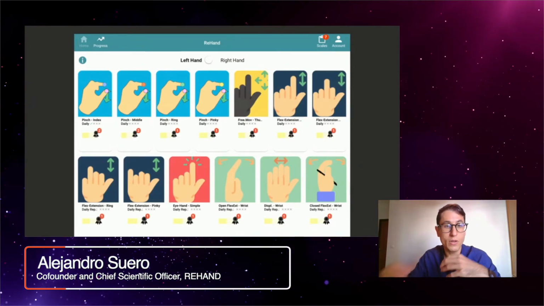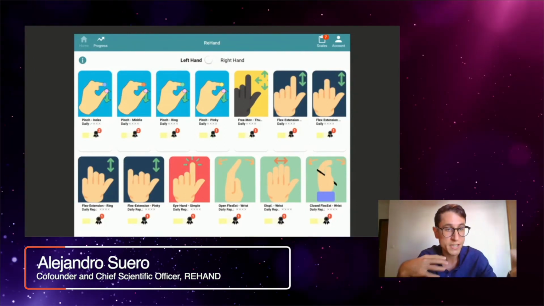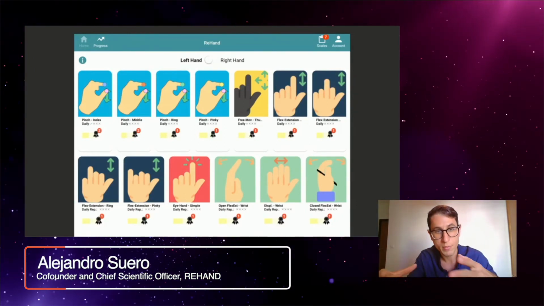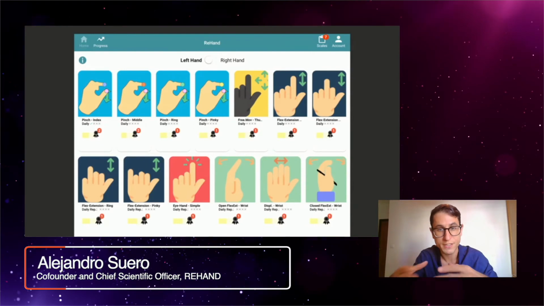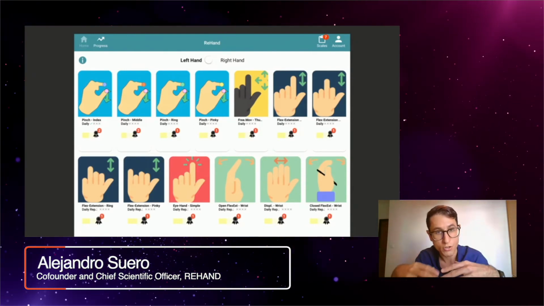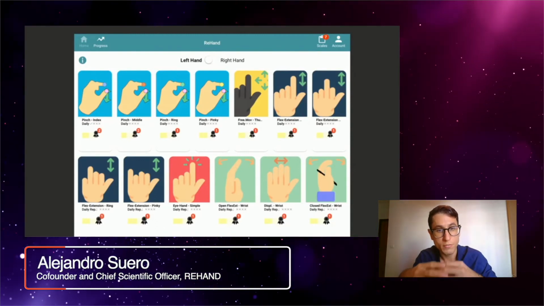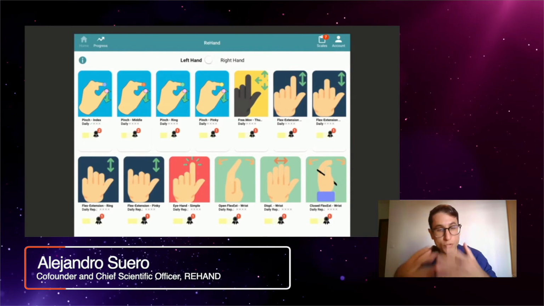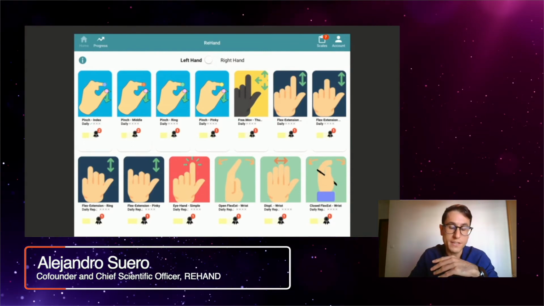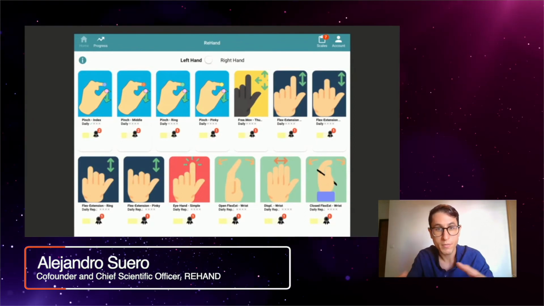So, well, this is what we have developed. This is a tool for us as clinicians. During the last 10 years, the way that we do surgery and rehabilitate these kinds of pathologies has changed a lot, and we have put the latest scientific evidence in our technology. So ReHand is an evidence-based tool, and we have conducted multi-center controlled trials in 6 hospitals with more than 600 patients. So the results of the trials have been really impressive, even for us.